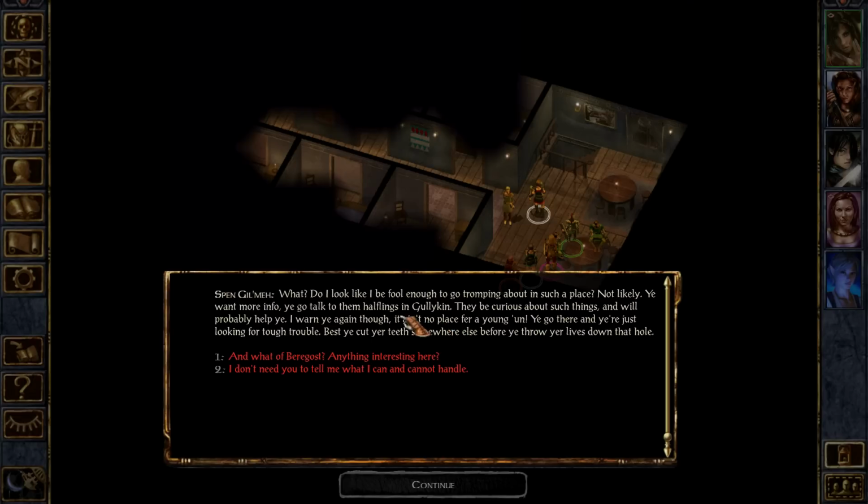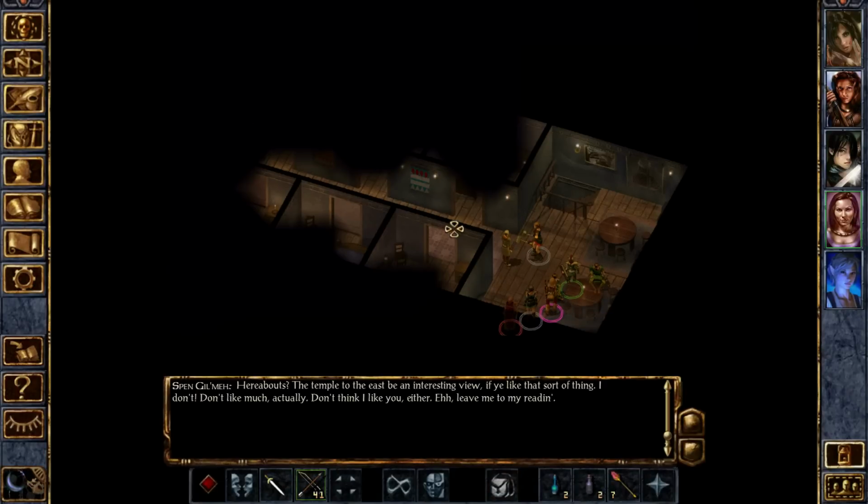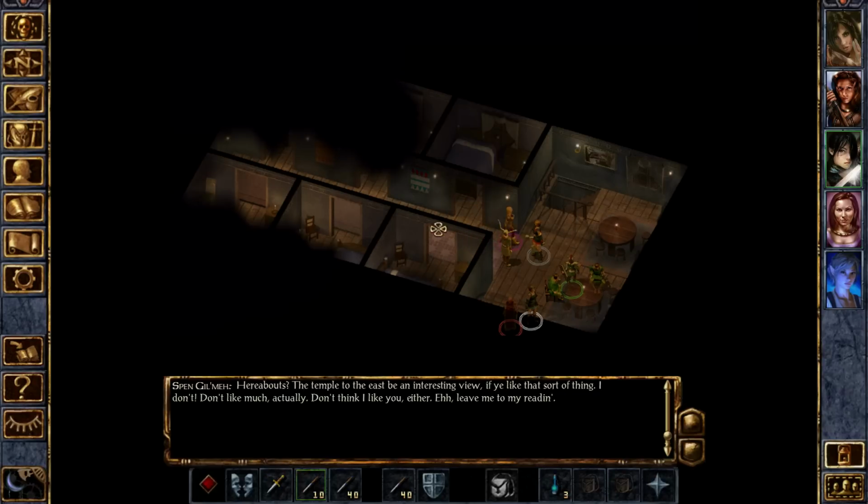Yeah, and he also tells us about the nearby village of Gullykin, a halfling village, and they actually have a quest for us involving the Firewine ruins and all that stuff. So just basically some info about some local concerns, and he's not interested in gossip. I think in here we can get the... well, it's not you I wanted to control. I wanted